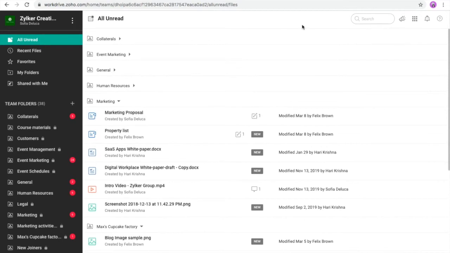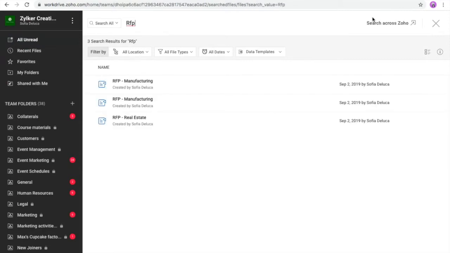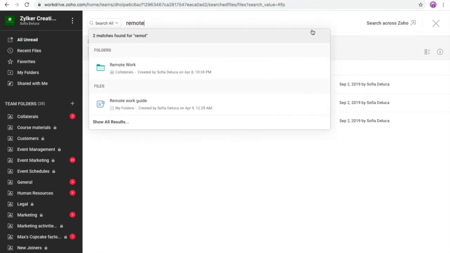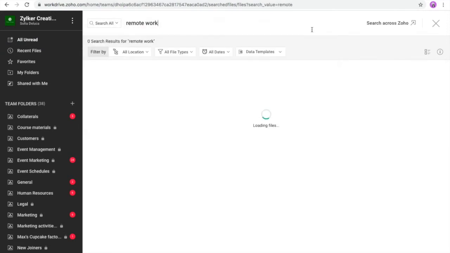So another interesting feature about WorkDrive is its advanced search. You can either search a file by its name, or there are times when we're not sure what the file name is. It's probably not intuitively named, or you really don't remember what the file was, but you remember what the content was. So you can simply use a keyword that is within the file.